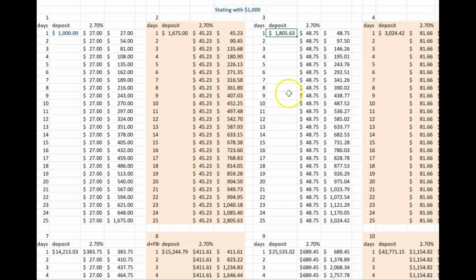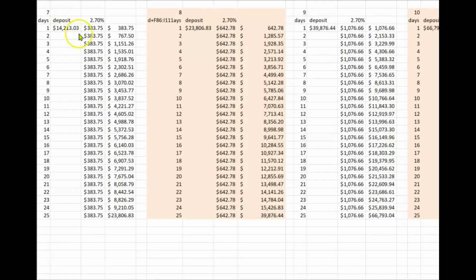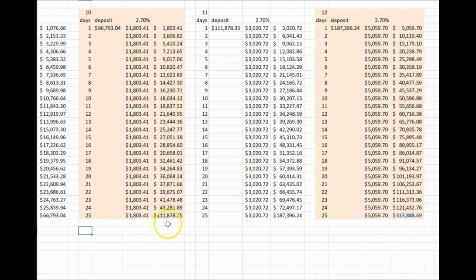And then you can see the same progression. That goes to $3,000, $5,000, $8,000, $14,000, and then that $14,000 turns into $23,800. That turns into $39,876. That goes to $66,793, which becomes $111,878,